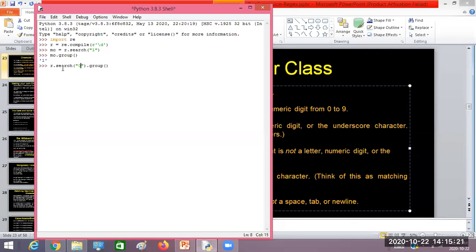Now, if I take 0, then it is going to give 0. So it is matching with the 0, right? Let us understand with a different example. Here, if I put plus, what is the meaning of this? These character classes can be combined with other meta characters, other regular expression symbols. Now plus is being combined with this \d. Then what is the meaning of this \d plus? What is this \d with plus mark?